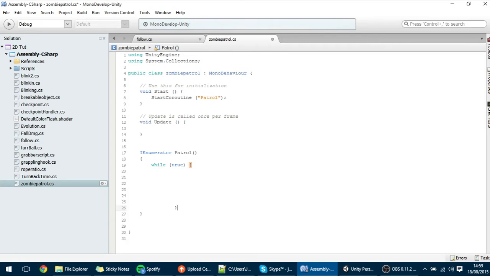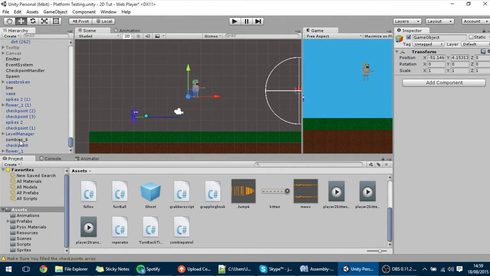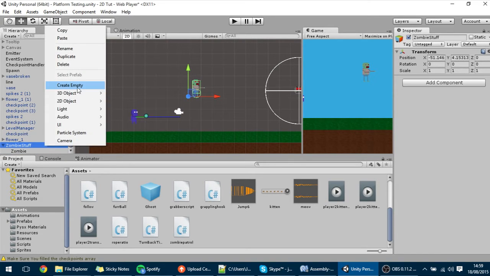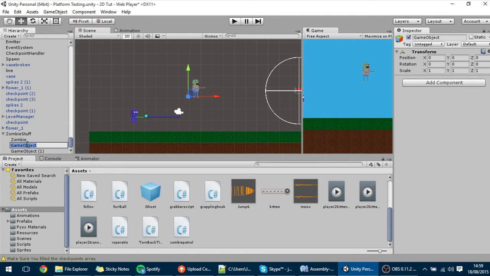The way that this is going to happen is that we have here our zombie, and I'm going to also create here a new game object and put the zombie in there, and just name this game object zombie stuff, and it will have the zombie itself. And let's create some new, and I'm going to create two empty game objects. It will have the points where the zombie has to go. Point 1,